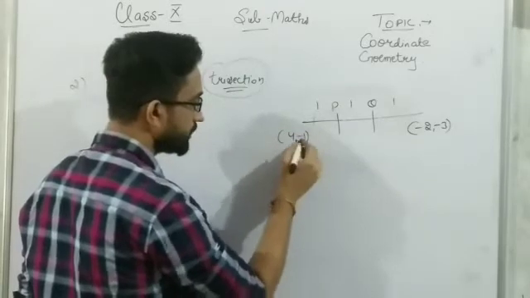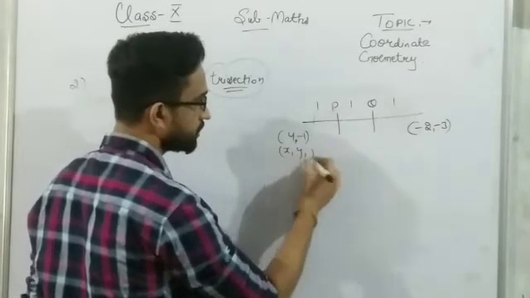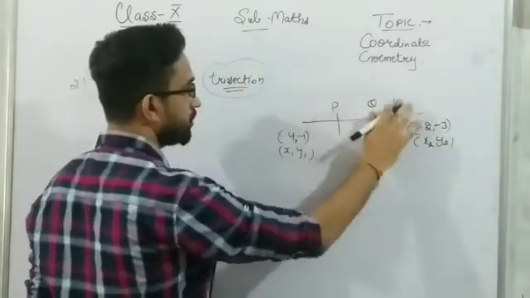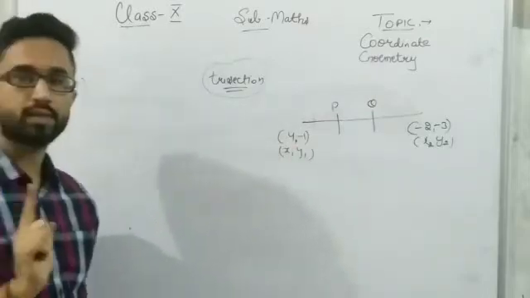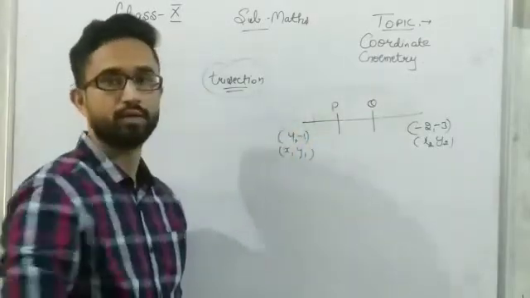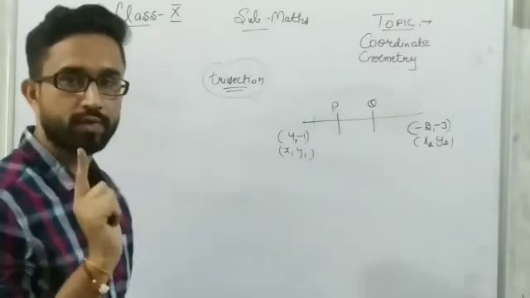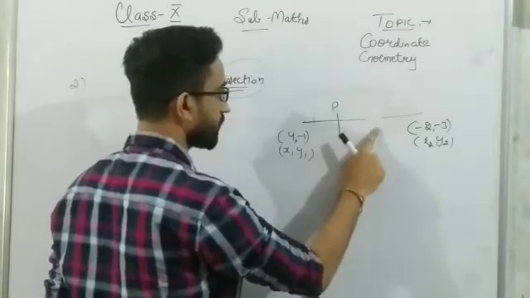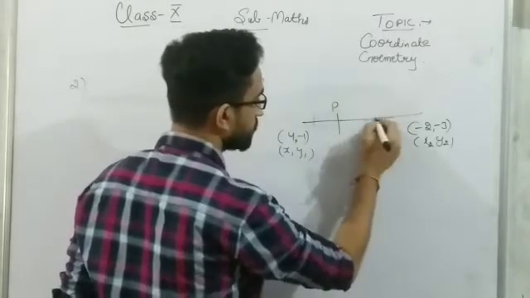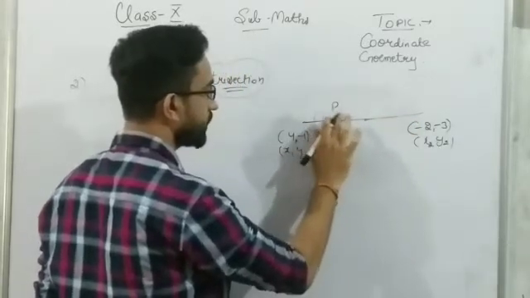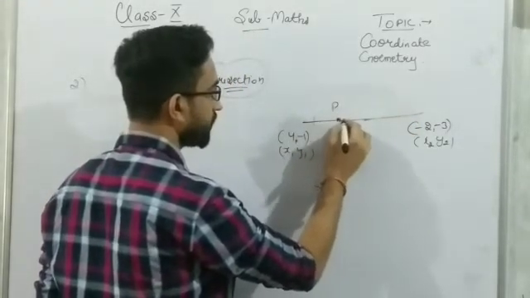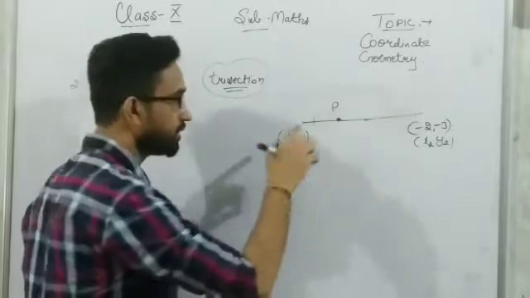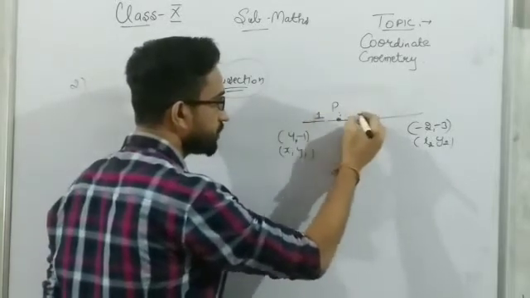And if I see here, this is going to be my x1, y1, this is x2, y2, and these are our P and Q. If you remember, the section formula doesn't tell us how to find 2 points together. It always tells us to find just 1 point. So I will forget about this point once. If I have only a single point P and I want to find its coordinates, I need a ratio, right? M1:M2. So what will that be? That is going to be 1:2.